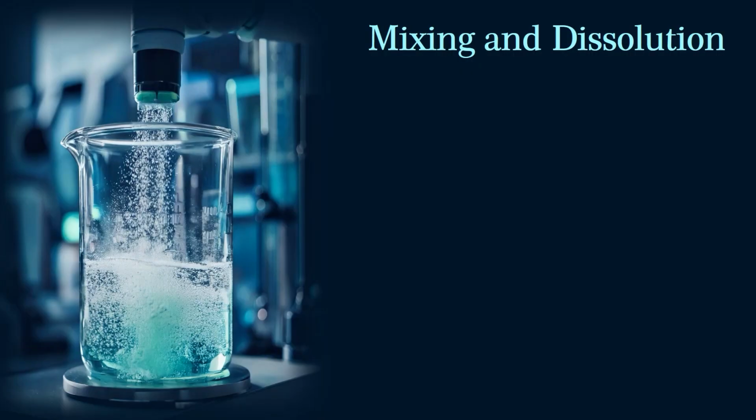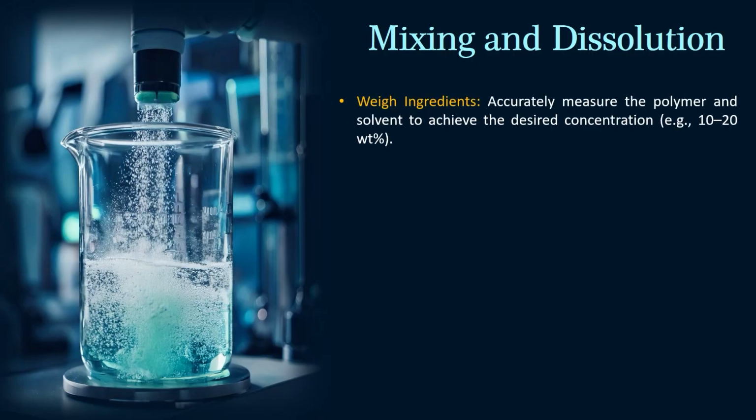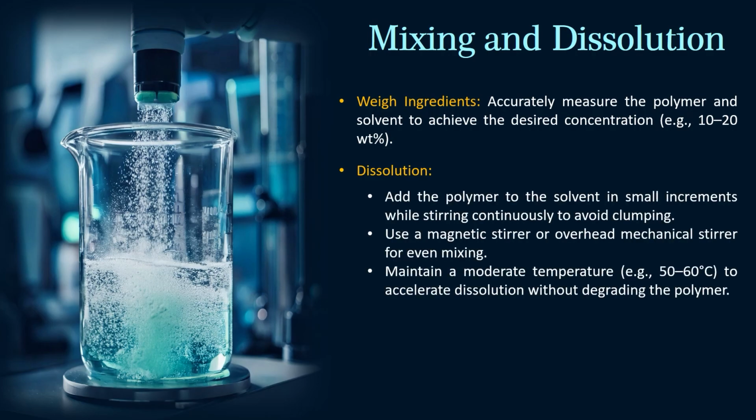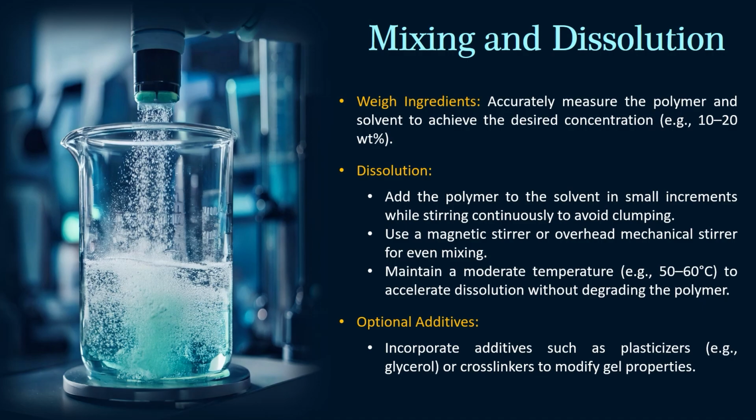Then the next step involves mixing and dissolution. We have to accurately measure the polymer by weight. Normally we select the solvent concentration and composition, and it may vary from 10 to 20%. Then we go for the dissolution stage, and then finally we go for the addition of different types of additives, which may be a plasticizer like glycerol, or there can be addition of cross linkers to modify the